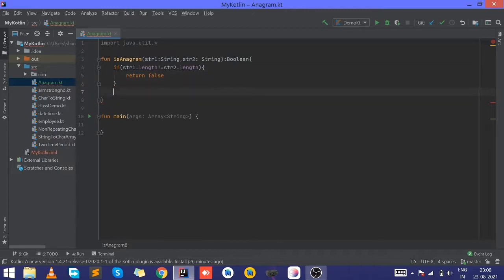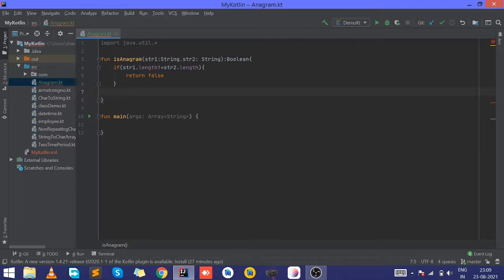Now I have to convert both strings to a character array. In Kotlin, we know the toCharArray method, which converts a string to an array.